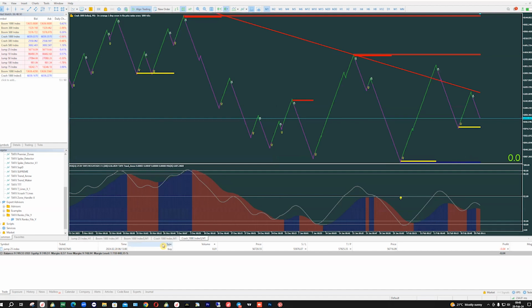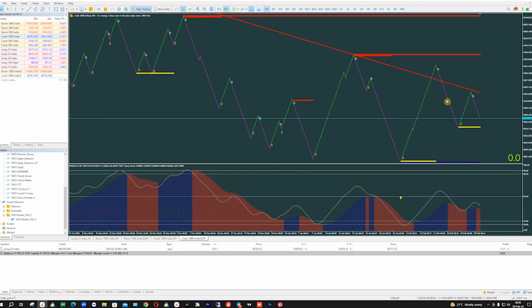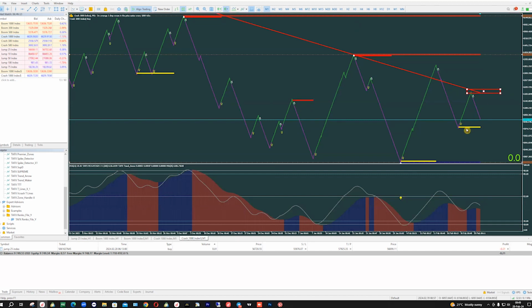All right. This is Crash 1000, and Crash we sell spikes. So let's say, for instance, our trend maker was at this point. If you want to know when to hold for more spikes, it is when, let me say, there is a super zone here or a trend maker here. So if there is a super zone at this area, and you want to hold, and this is now going with the direction of our spikes,